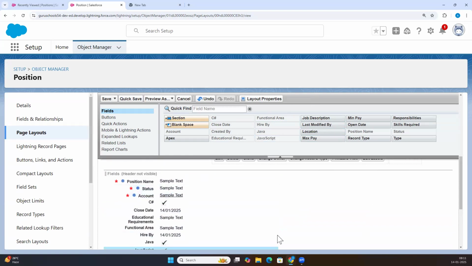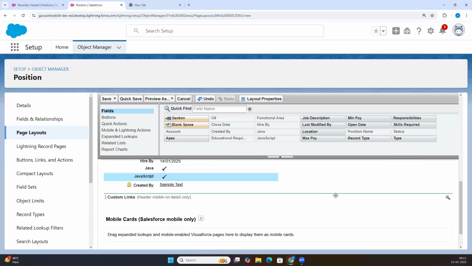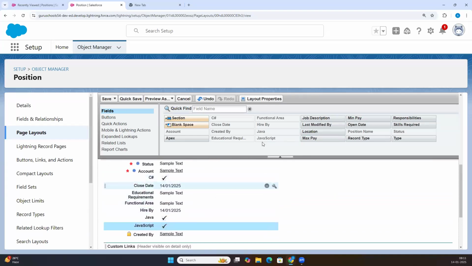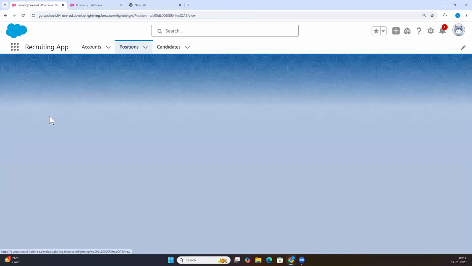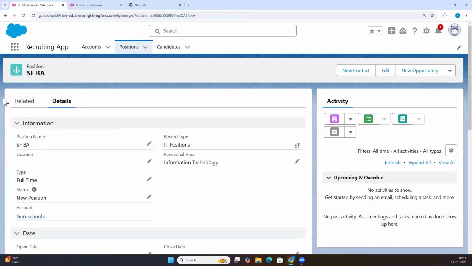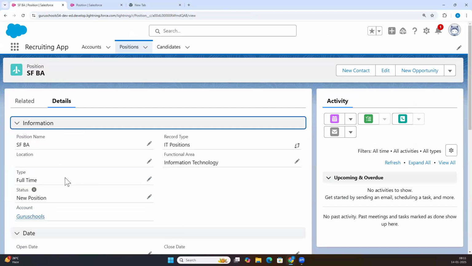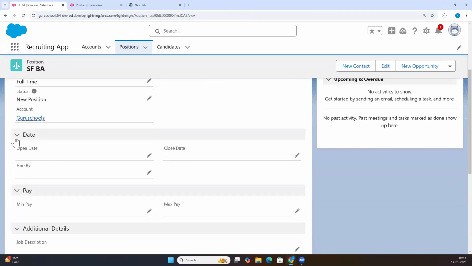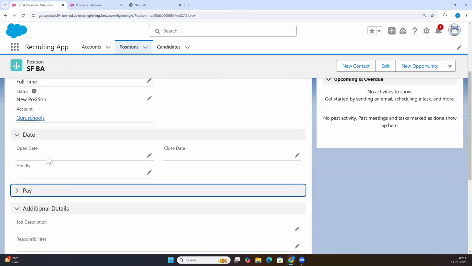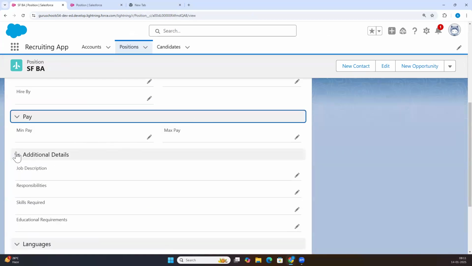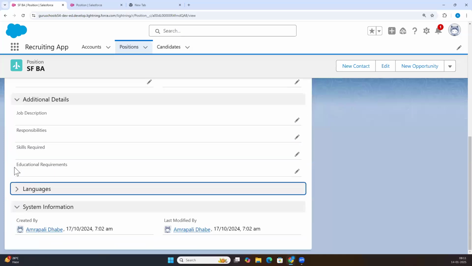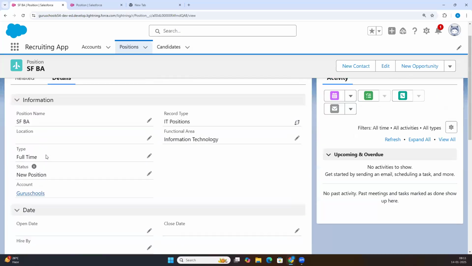On the right hand side, there might be space. So you can customize your page layout in a way that it shows like this. We have some sections, and in those sections we can add fields. Like for the date section we have open date, close date, hired by, right? For the pay section we have minimum pay, maximum pay, additional details, languages. Okay, so like this we are going to create a